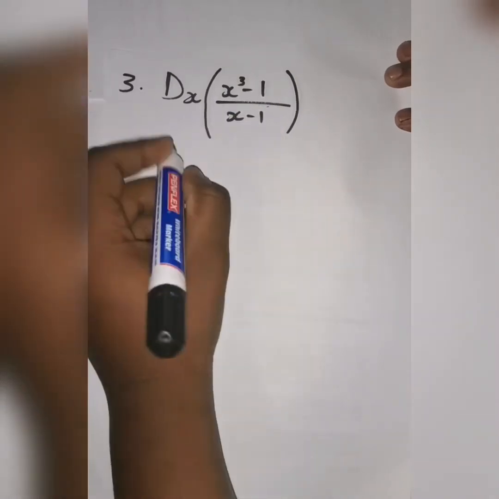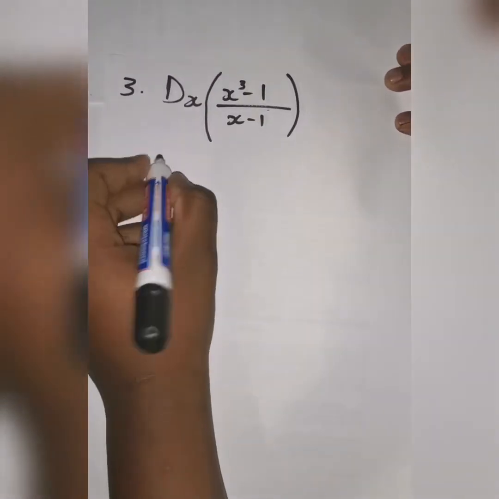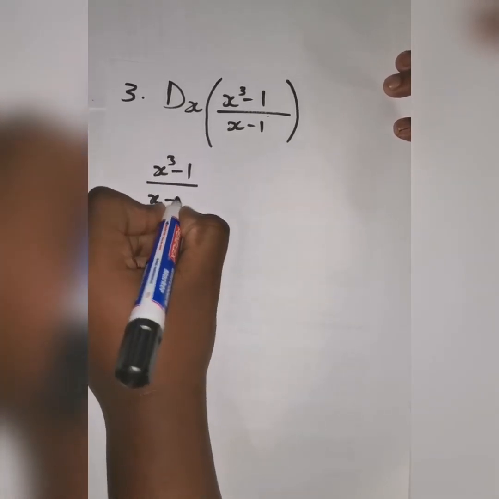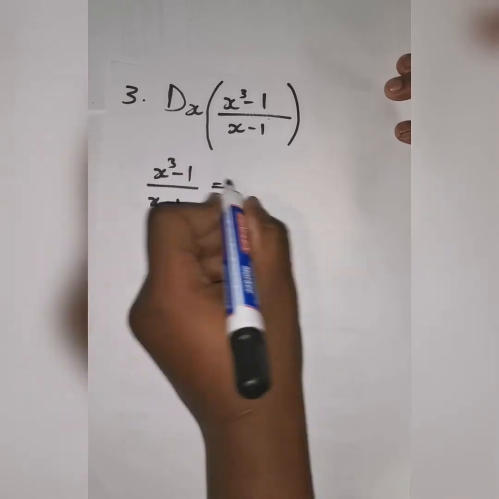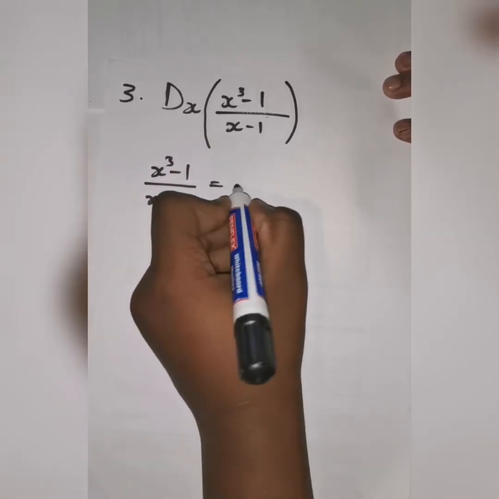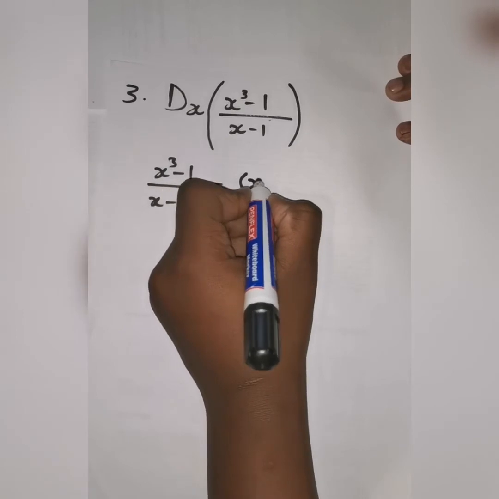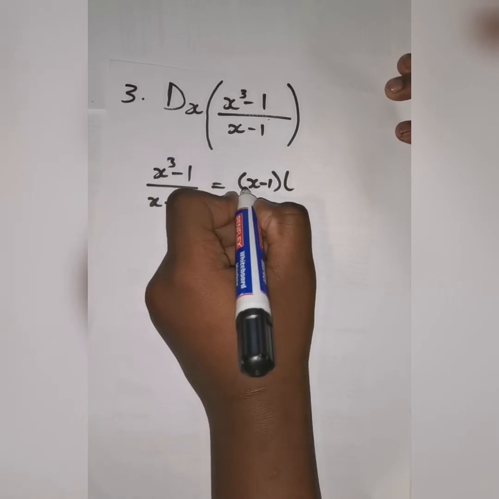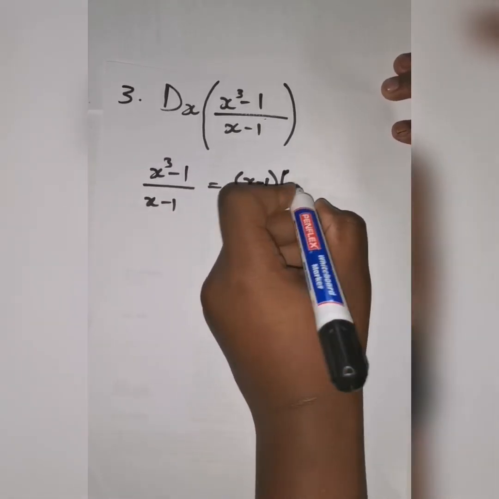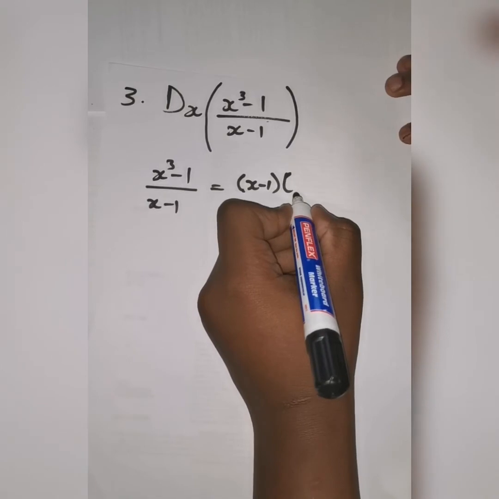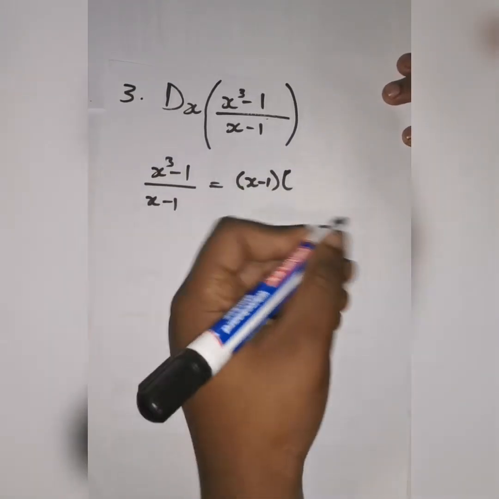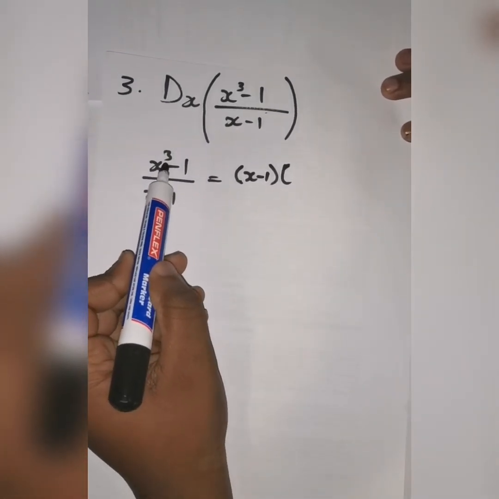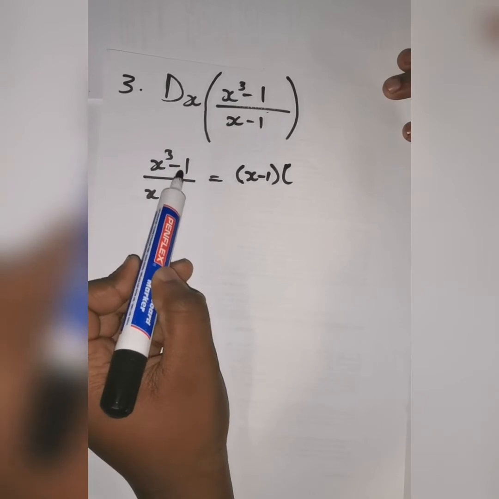Okay, let me first focus on what we have within the brackets, right? And let's simplify it. When you simplify this, let's first factorize that, right? I hope you all know how to factorize a cube root. If you don't, we're going to need to check a YouTube video or something on how to do this, but let me try to explain as best as I can, right? Okay, so we have x to the power of 3 minus 1,